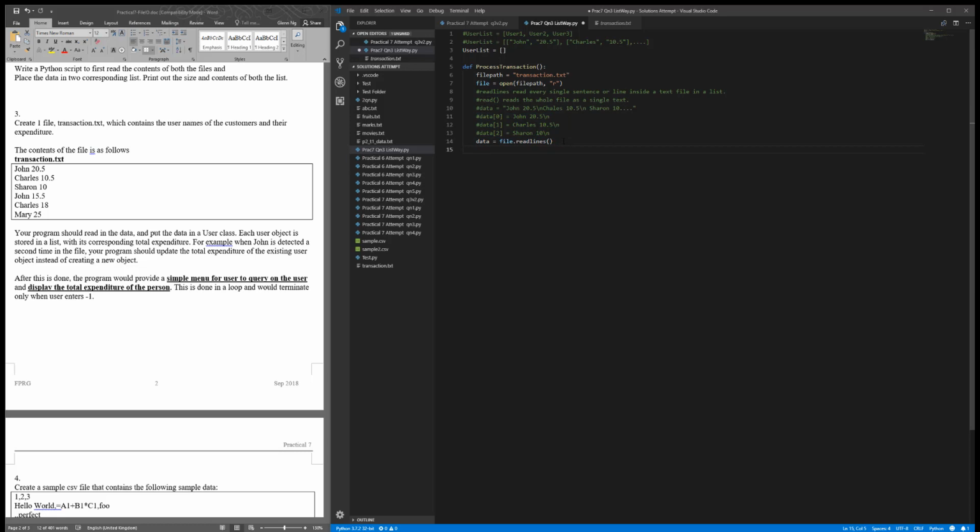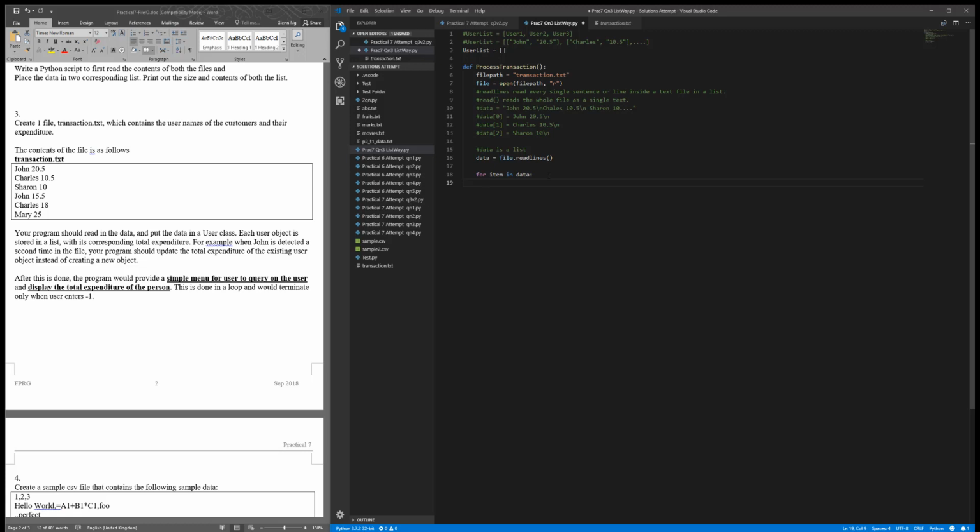Okay? So after we are able to pass the data over to the data variable, we need to be able to read the data every single line. So what we can do is use a for loop that loops every single item inside this data. A simple method would be to say, I want to loop every item in the data. Data has a lot of items, and you know that data is a list. And I want to read every single item, so I use for item in data. I want to loop each individual